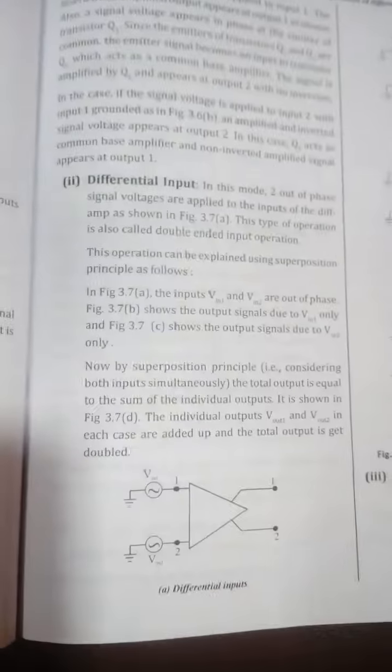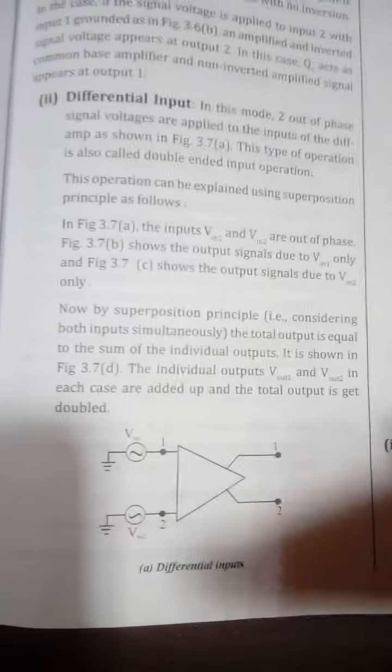Okay, so here in this case you are applying two inputs simultaneously, one to each of the input terminals. You can see that you are applying one input to the first terminal and one more input to the second terminal, and whatever output you get here is the differential output. What is the meaning of differential? It means the subtracted, since there is a potential difference existing between both the terminals. So it will be the differential output whatever you are getting here.